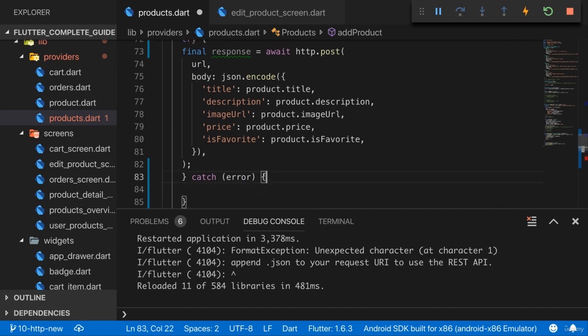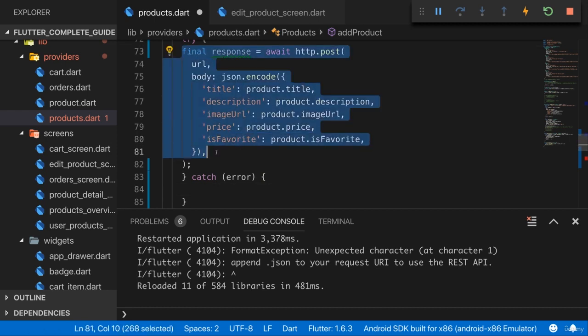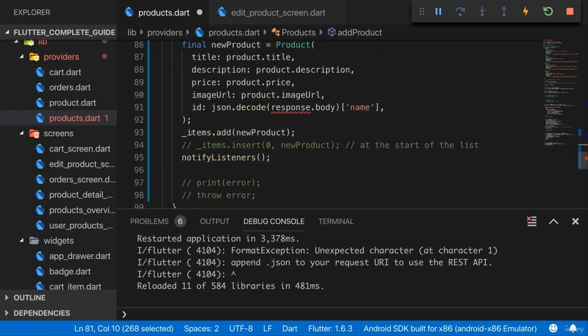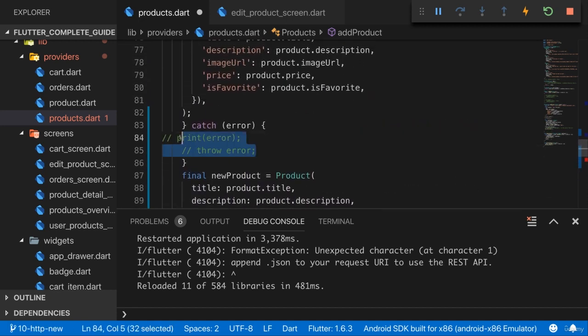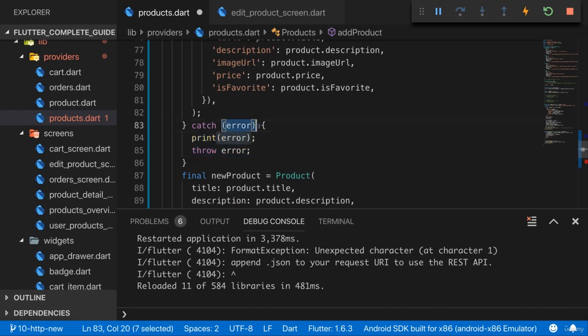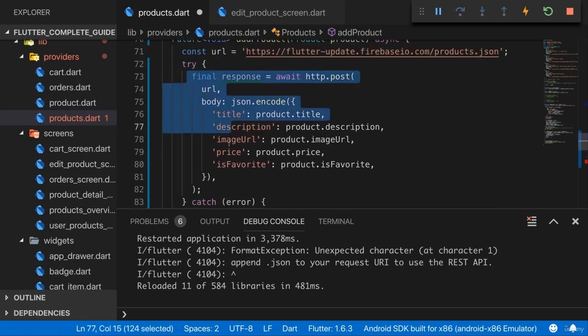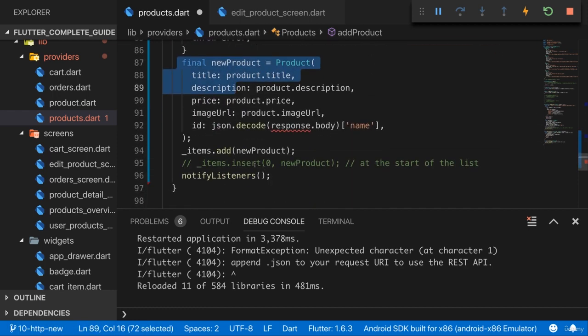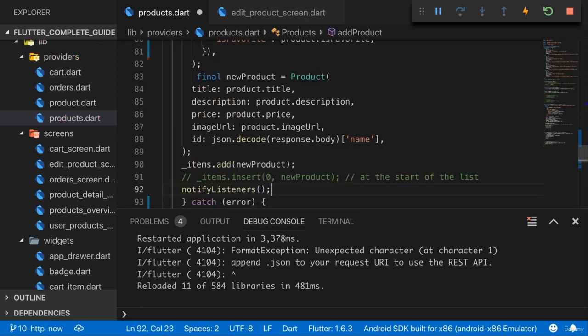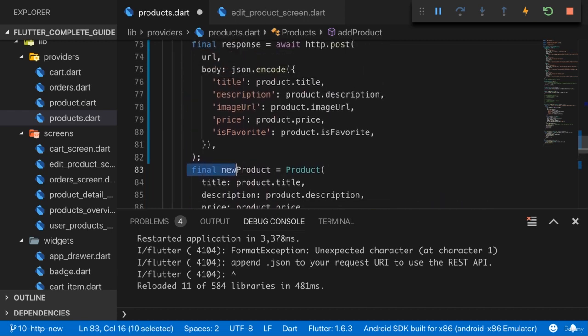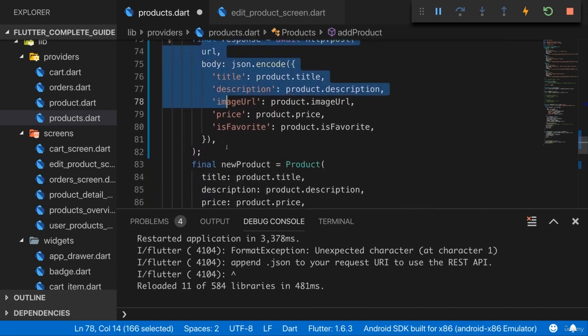And then you have another pair of curly braces, and between that you put the code which should run when this throws an error. So here, I can now take that code and move that into my catch block here, and use that error which is passed as an argument, so to say, into this catch block. So this will now run if the code between try causes an error. Now this code here, of course, also should only run if we have no error, so I'll also move that into the try block,